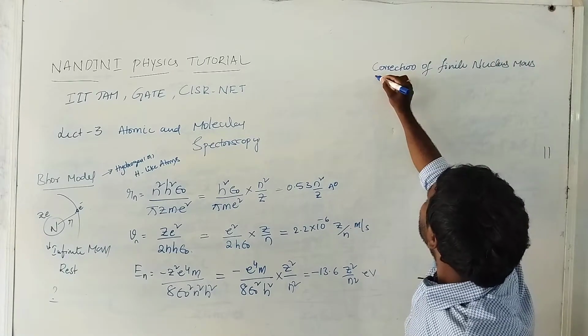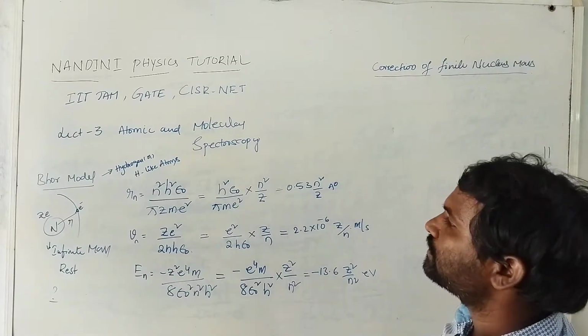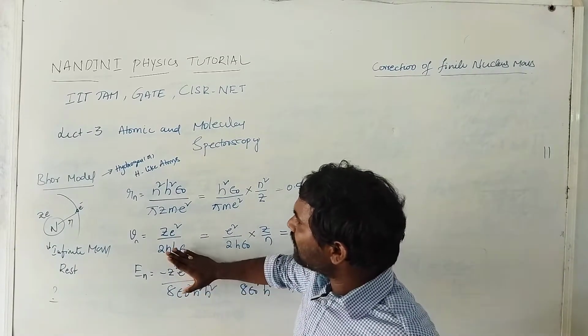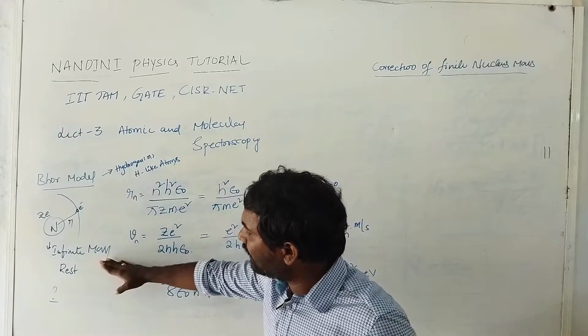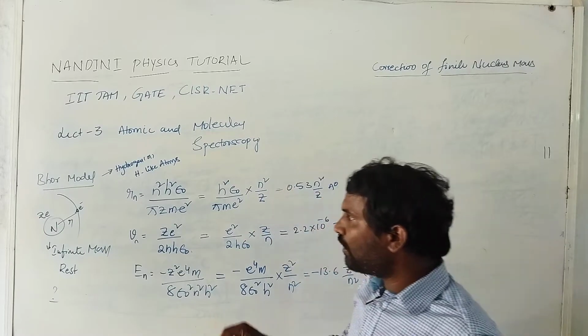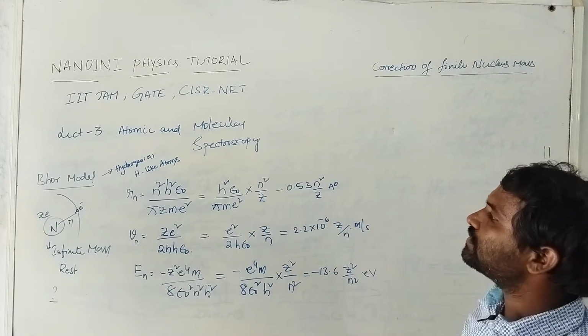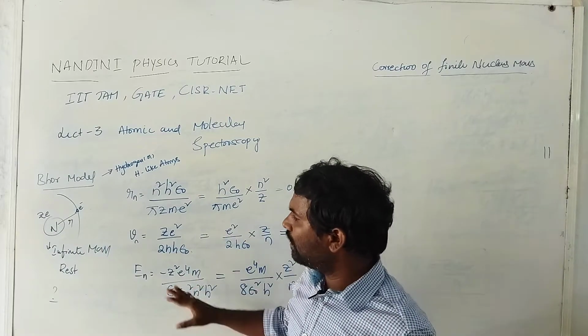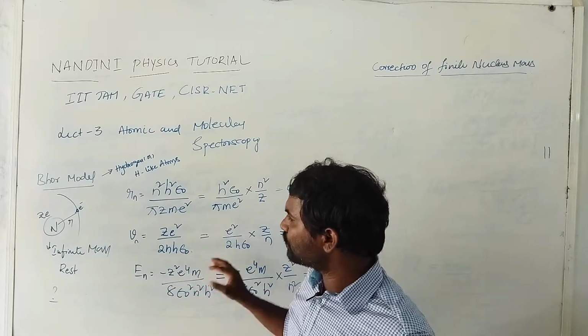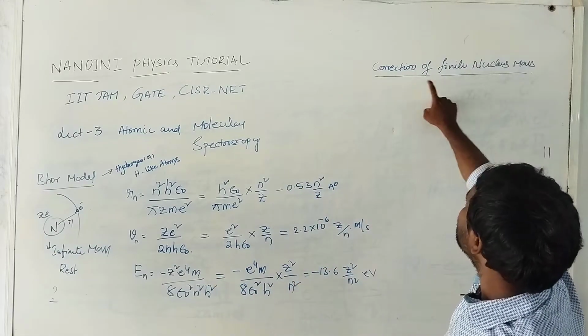Okay, so this is our new topic. This theory completely explained the hydrogen-like atom, but it assumed infinite nuclear mass, which is the at-rest condition. This phenomenon is applicable for finite nuclear mass also, so a small correction is introduced. That correction is called the finite mass correction.